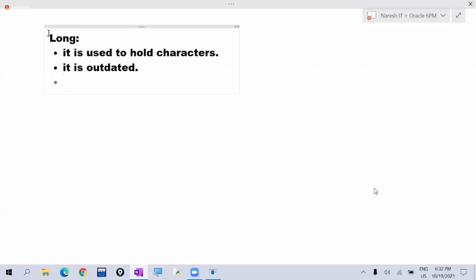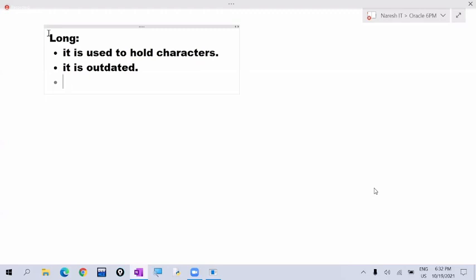Only one. We cannot create more than one long column. That is one drawback. Another drawback is that it cannot be indexed and it cannot be used in built-in functions. When we use set operators, we cannot use the long data type.